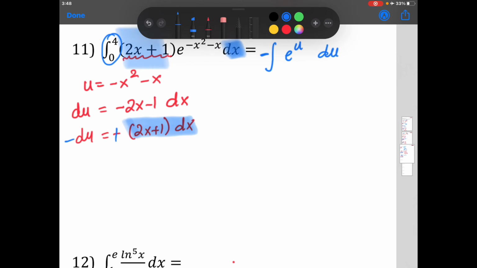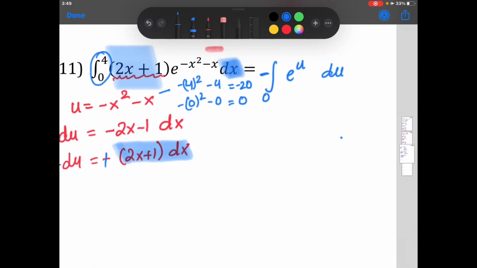Now let's determine the bounds. So I'm going to substitute in 4 for here. So it'll be negative 4 squared minus 4. Negative 4 squared is 16. So that would be negative 16 minus 4 is negative 20. And then the other one is 0, because it's negative 0 squared minus 0, which would give me my 0. So your lower bound is 0 and your upper bound is negative 20,